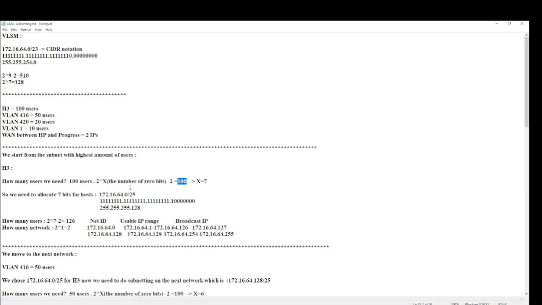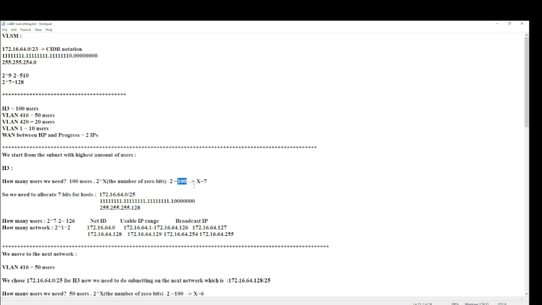If you put it in this formula, we cannot put 6, because 2 to the power of 6 is 64, which is less than 100. 64 minus 2 is 62. So we go one digit higher, 7. 2 to the power of 7 is 128, minus 2